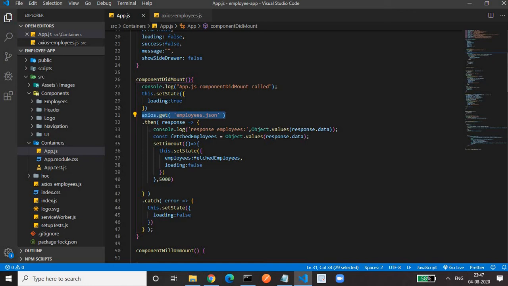Then we have to subscribe to that promise, or we can say resolve that promise, so that we will get the response contained in that promise. This is the response we are getting. So if you see in the console log,